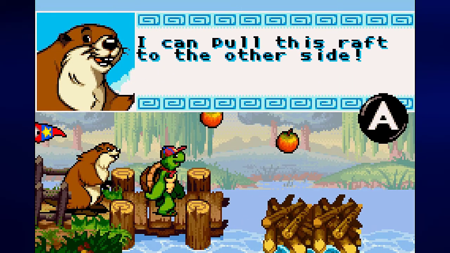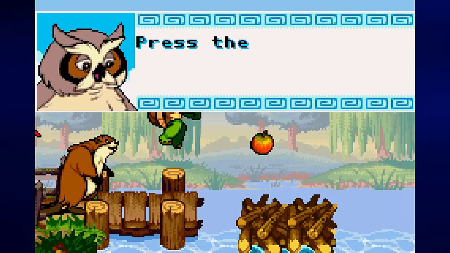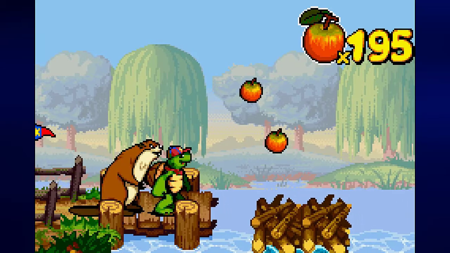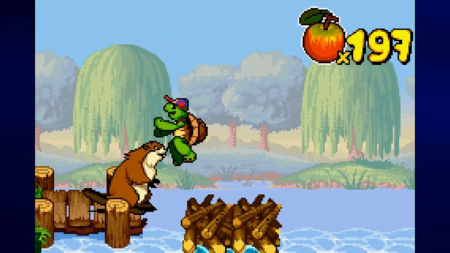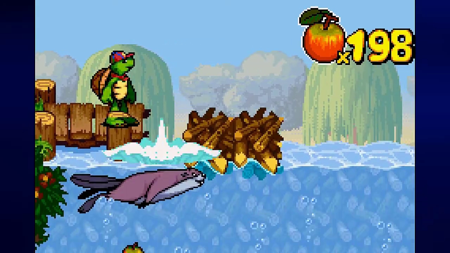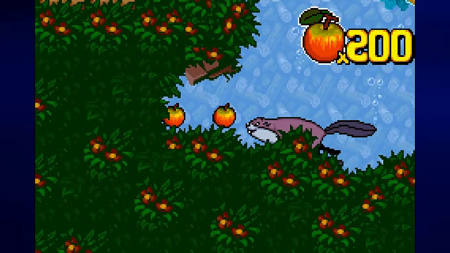But there is a stack of wood in the water. Or at least on the surface of the water. I can pull this raft to the other side. Press the B button to catch or release a raft. Of course, you obviously have to do that with Beaver, not Franklin. But before we do that...